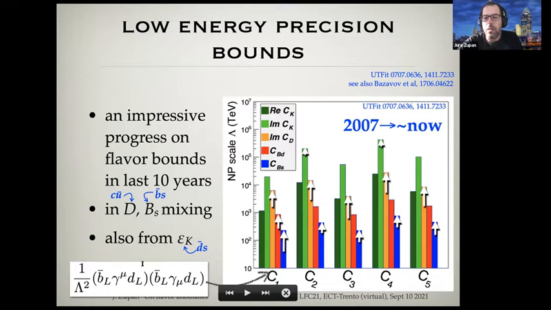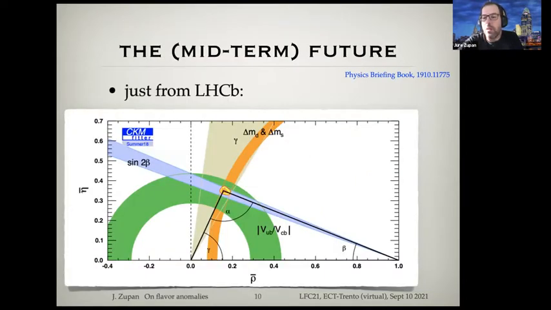So C1 is V minus A times V minus A, and then you change the chirality structure. And these arrows show the improvements that were achieved in, let's say, the last 15 years or so. So again, it's a steady progress. Another thing that I want to imprint is that the projections are coming from increased precisions of the measurements,